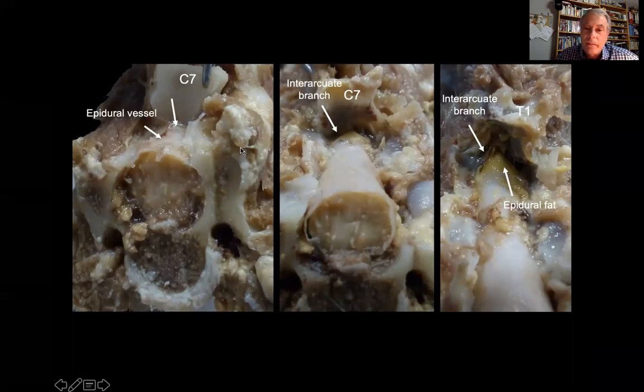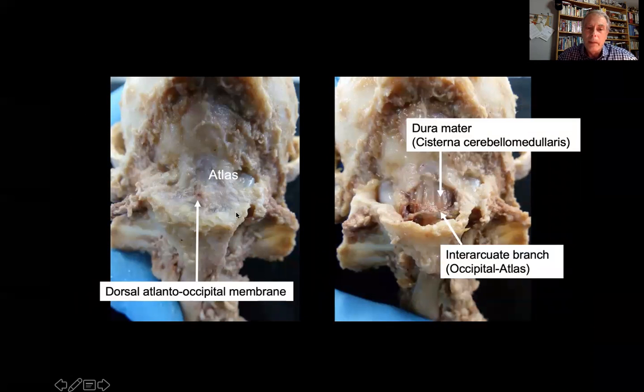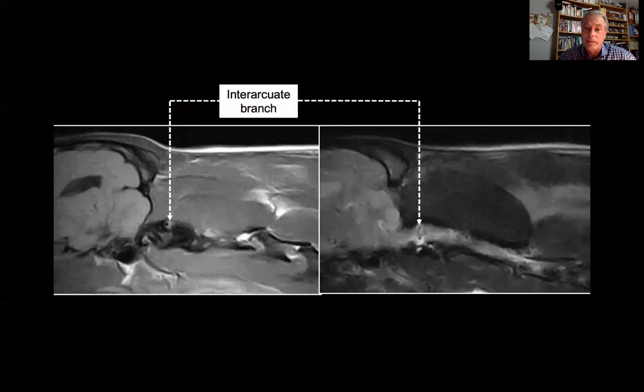Again, in these sections, you see that this is the interarcuate branch, and underneath you have the epidural fat. This is filled with fat. So remember, when you make a CSF tap, you go through this membrane, the atlanto-occipital membrane. However, underneath, we have the outer layer of the dura, and then, very close to the rostral border of the atlas, we have the first interarcuate branch